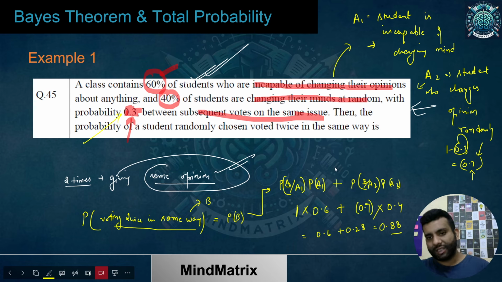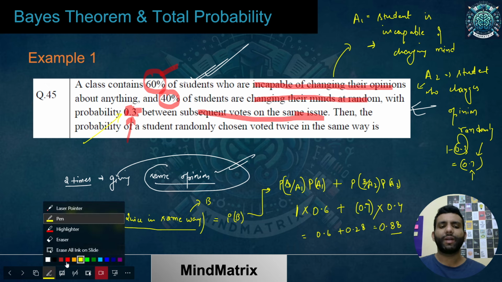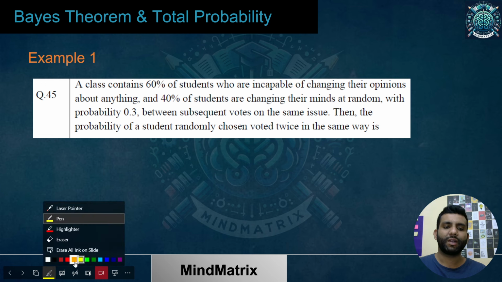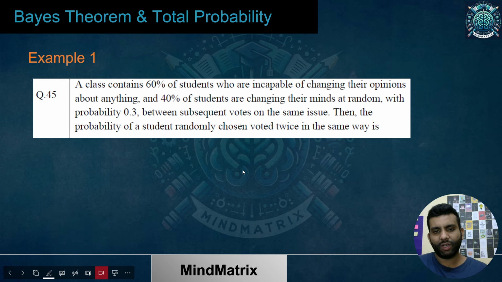Now there is another thing which is important to understand, how we could have solved it in a simple fashion. This is the proper way of solving it. This is the exact, detailed and conceptual way of solving it. Now if I say, could we solve it in a better or a shorter way? Yes. What could have been that way? Let's see that. So all the students we are having,